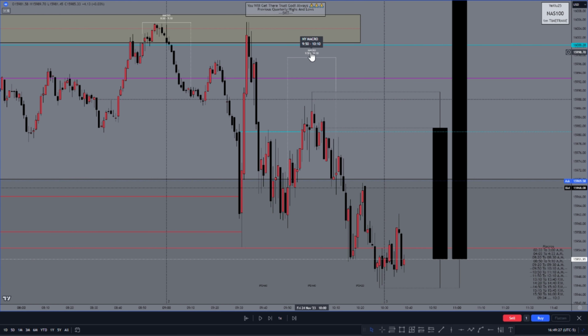Here we have another macro. As you can see, 9:50 to 10:10, and we have this sell here. You can sell here if you want, because we are above the 9:30, above the 8:30. We have a balanced price range right here, and you can sell there to reach for that 50% level and those sell side liquidity. Okay,